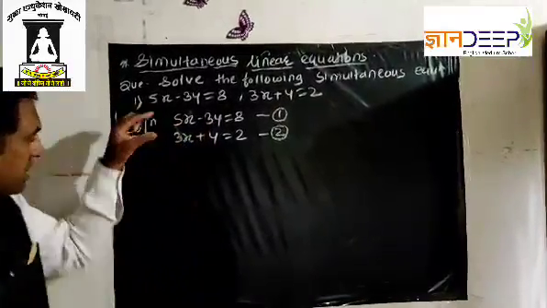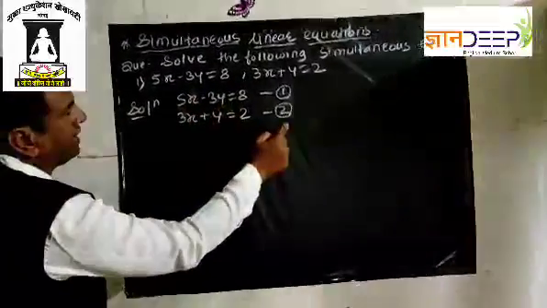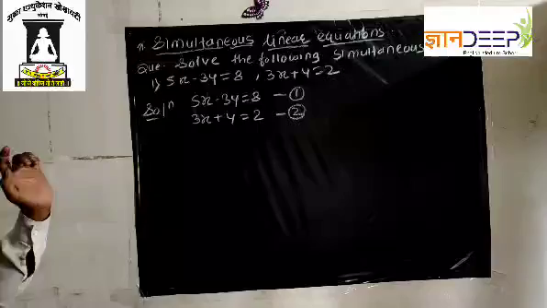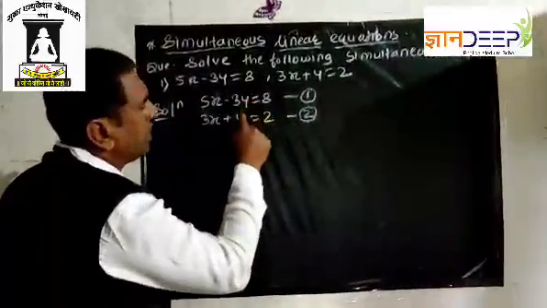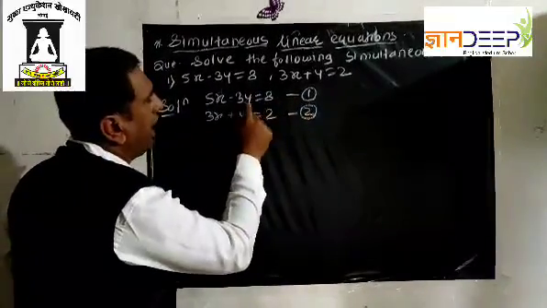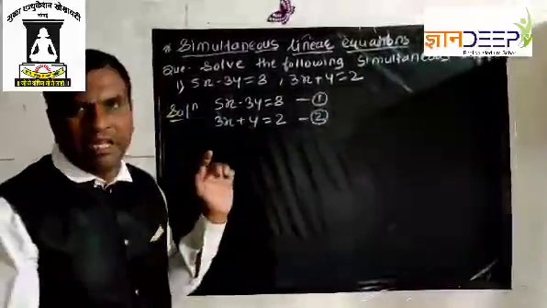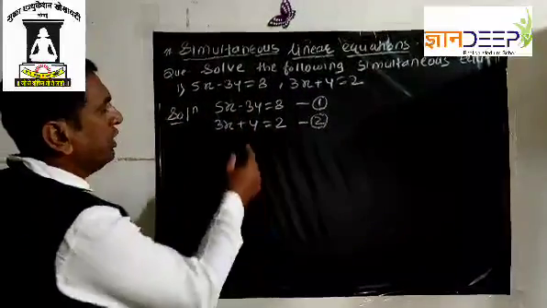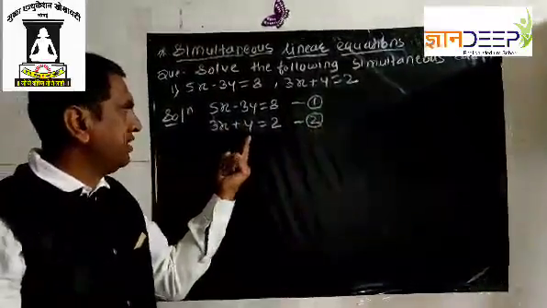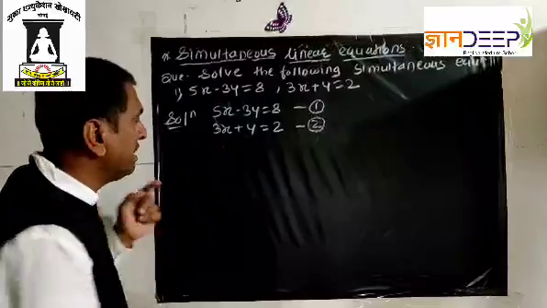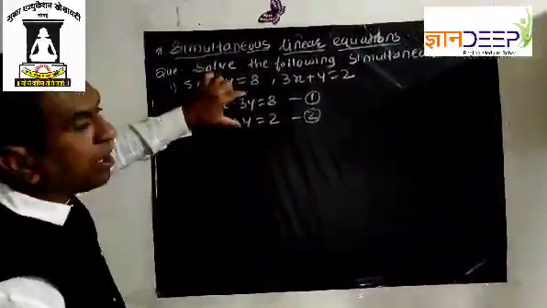First check out here x. Here this x term is not the same. In the first equation, the coefficient of x is 5 and in the second equation the coefficient of x is 3. So we cannot eliminate this variable. Then the second variable is y. In the first equation y has coefficient 3 and in the second equation y has coefficient 1. So this is also not the same. So we will make the coefficient the same by multiplying equation number 2 by 3. When we multiply equation number 2 by 3, then y's coefficient becomes 3 and the y variable terms become the same.